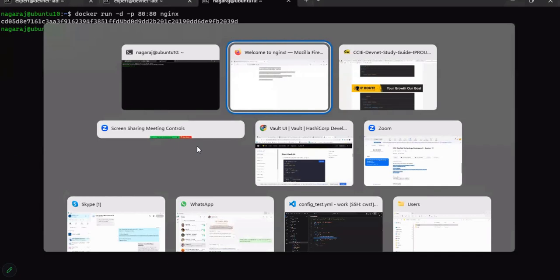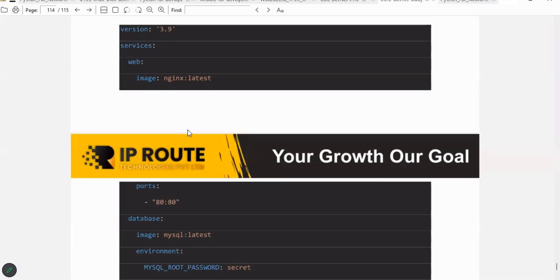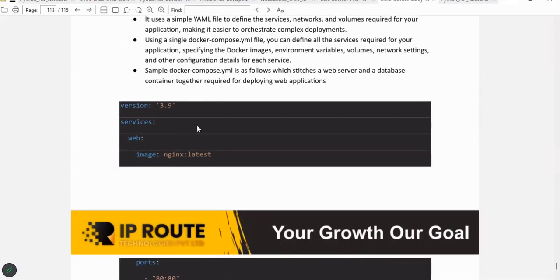Okay, so that is about how to pull Docker images, how to create different types of containers, and how to access them. Now, suppose let's say I have an application